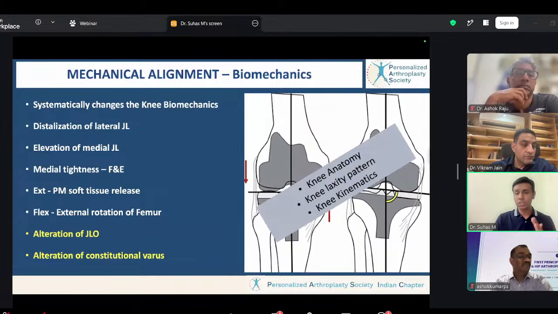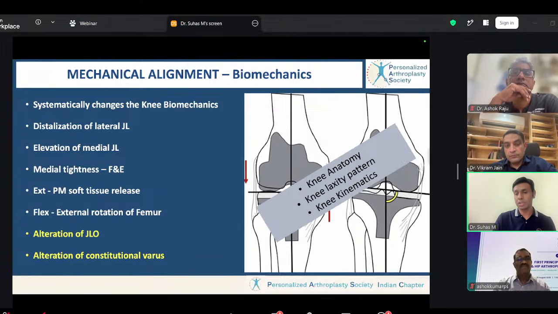But if, as a surgeon, this is what you want to do, and if you feel you have excellent results in your patients, there is no need to change your philosophy. Having said that, this is something which can usually be done with all conventional instrumentation, and it is freely available. But if you acknowledge the fact that you're changing all these 3 or 4 parameters which I mentioned earlier, which